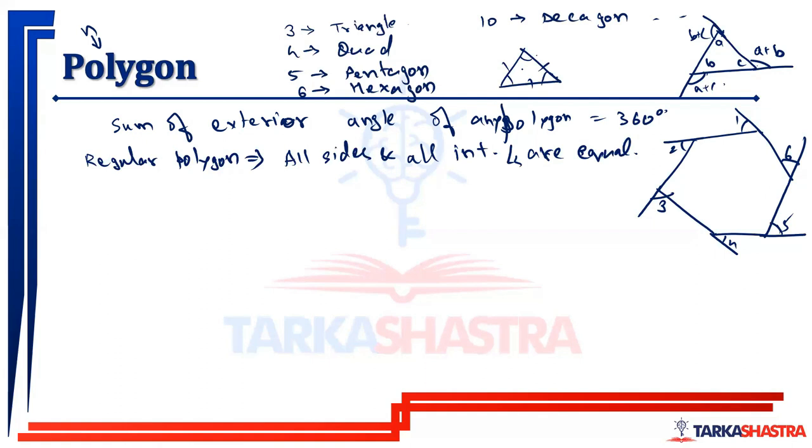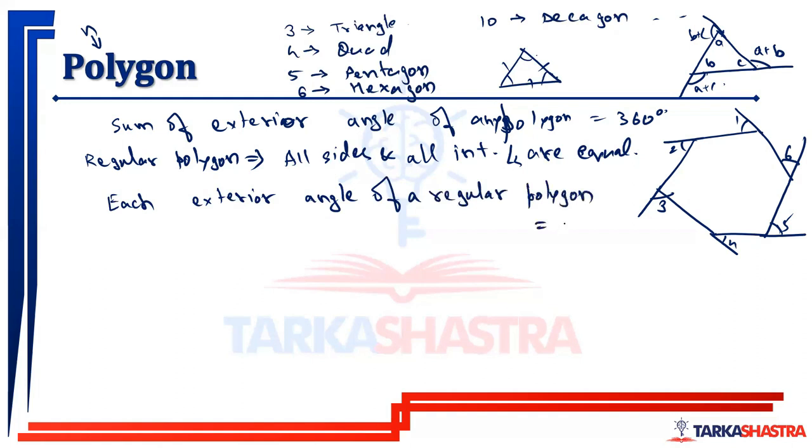अभी इंटीरियर एंगल ऑफ अ रेगुलर पॉलीगॉन या फिर each exterior angle of a regular polygon is equal to 360 degrees divided by n, है ना। अगर ये रेगुलर पॉलीगॉन है, सम इसका 360 डिग्रीज है तो ये 360 डिग्रीज डिवाइडेड बाय 6 रहना चाहिए ना। क्यों 6? क्योंकि यहाँ पे 6 साइड्स है या फिर 6 वर्टाइसेस है। n is number of sides और vertices। ठीक है, this is 360 by 6, this is 360 by 6 and so on।